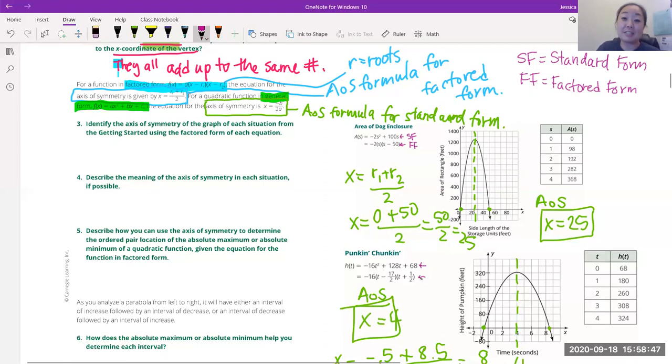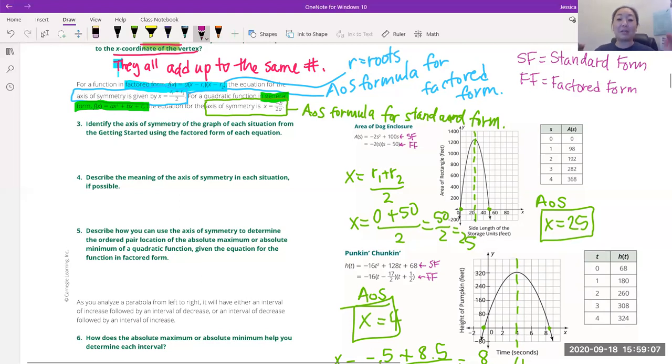All right, so just to finish that out, this first one, standard form, SF, yay, happy days. Second one, factored form, because we got those parentheses. I knew it felt weird that, okay, factored form. So now, on to the stuff for today, which is the AOS, the Axis of Symmetry, which is this guy